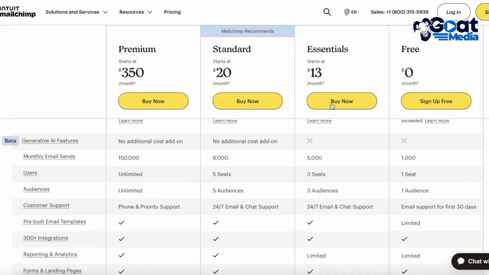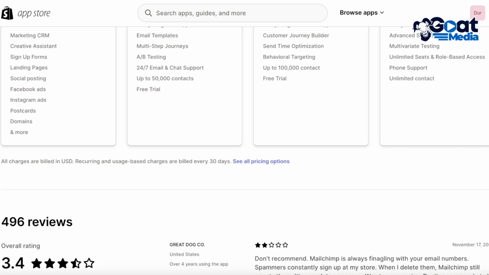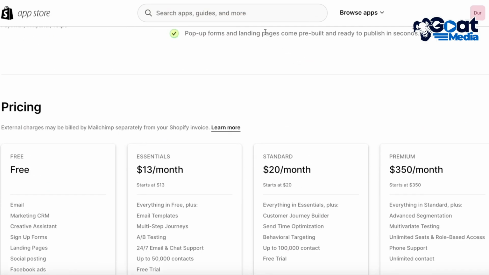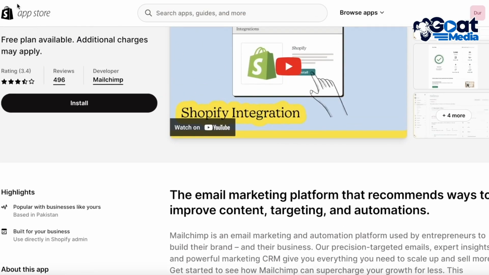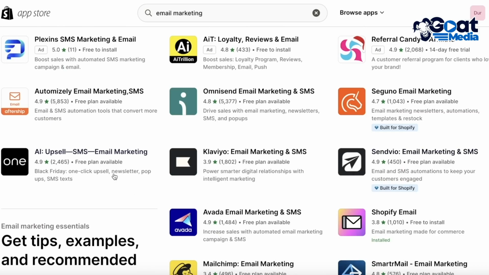So I don't feel like the Essentials plan is worth it on MailChimp either because you only get 5,000 emails. The standard one is all right, but still, it doesn't suffice for the overall use that you might want for a larger corporation or business, especially for a Shopify store where you're looking to maximize your leads, maximize your potential. Now, we're going to move on to our second contender, which I've used a lot, and that is